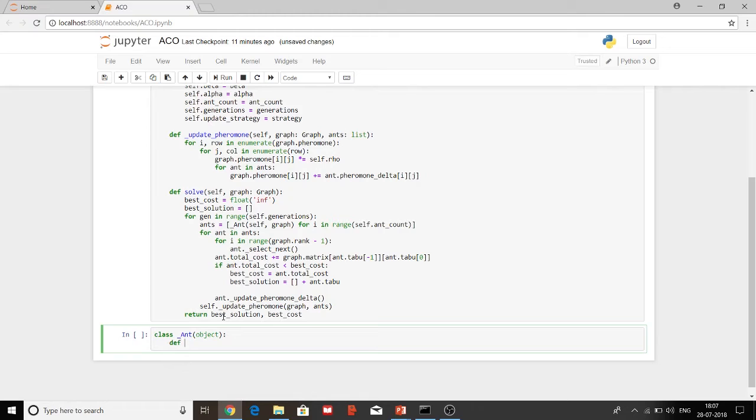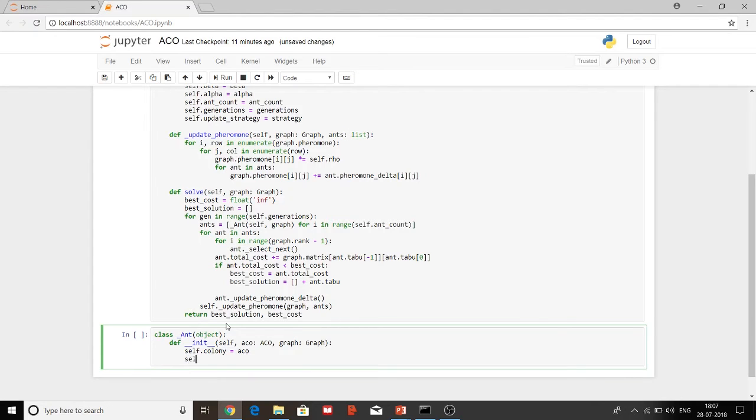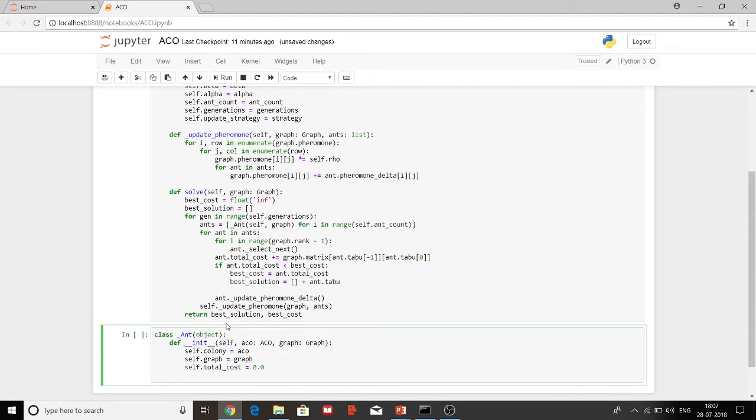Def __init__(self, aco, graph): self.colony equal to aco, self.graph equal to graph, self.total_cost, self.taboo as the taboo list, self.pheromone_delta, that is the local increase of pheromone,